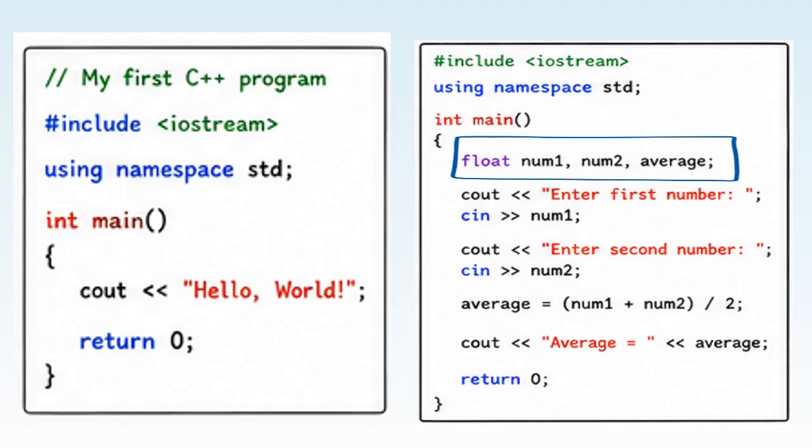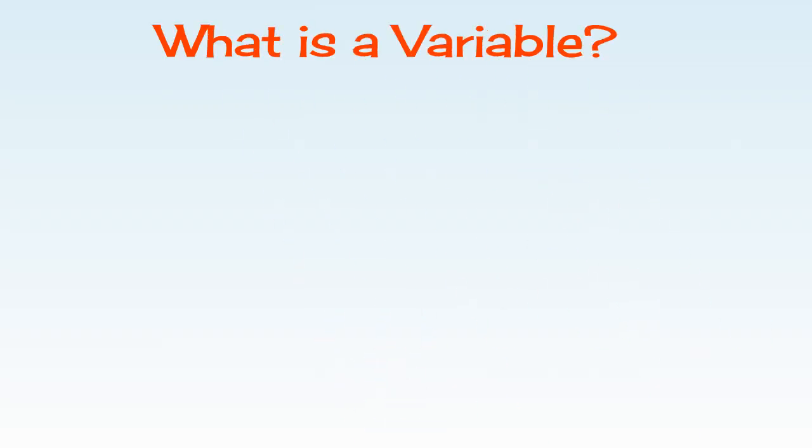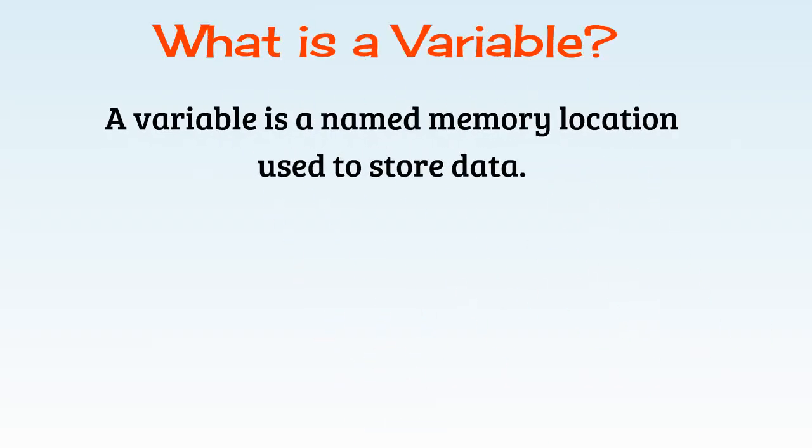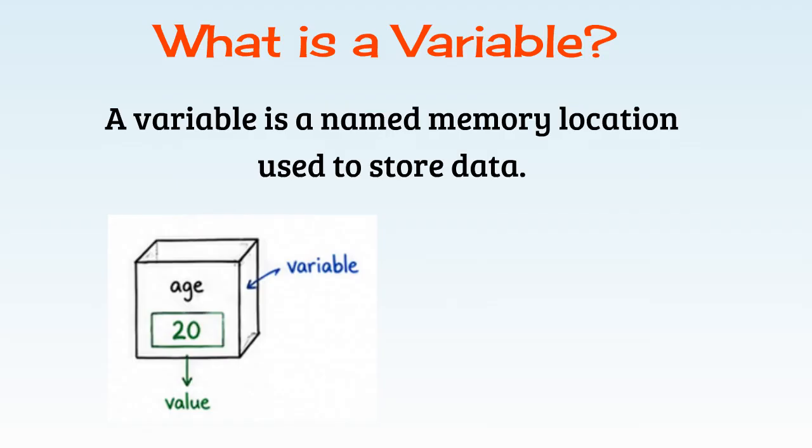So let's get started. What exactly is a variable? A variable is a named memory location used to store data. The value stored in a variable can change while the program is running. Think of a variable as a labeled container. Just as you can place different items into a container, a variable stores a value that your program can use